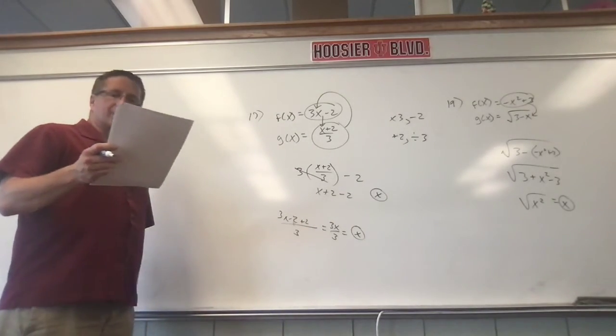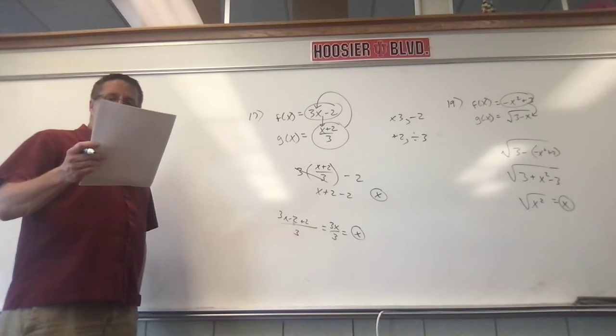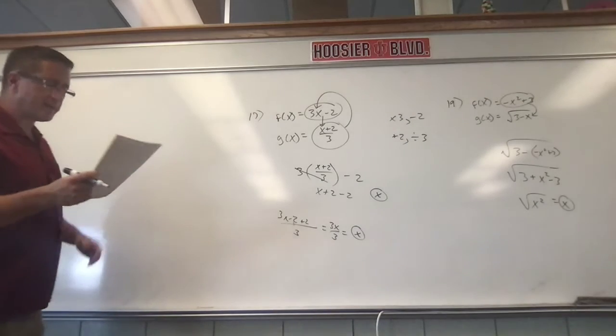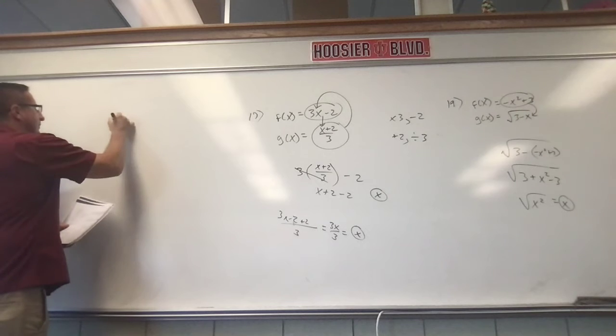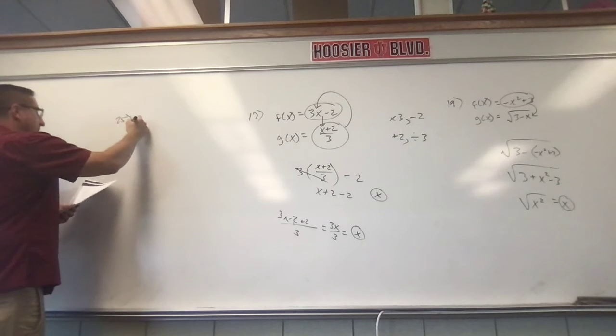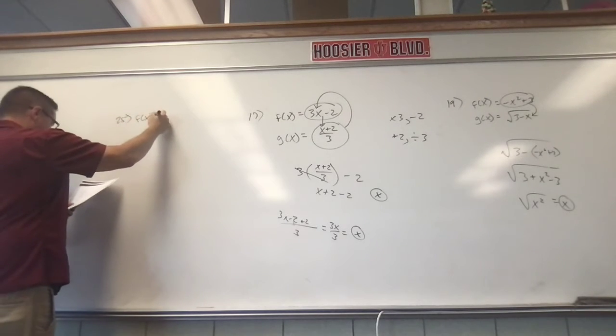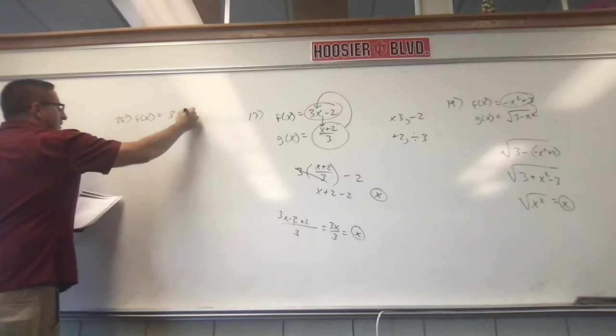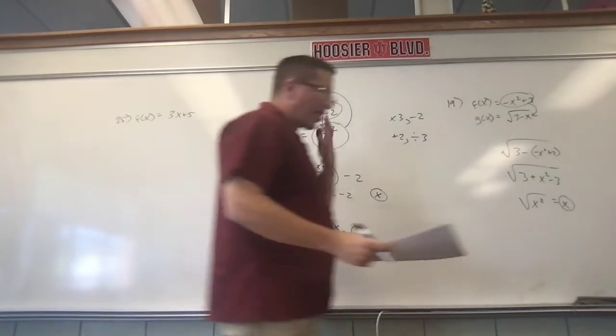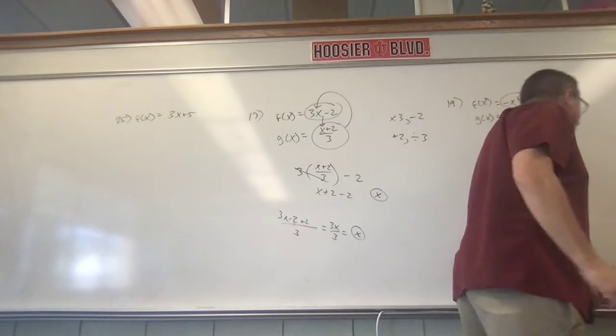Okay, cross off 21, 22, 23, and 24. We're not doing that, okay? All right, they want you to find the inverse function, okay? Find the inverse function. So, it says f of x equals 3x plus 5. Okay, so real quick here, let's make sure we haven't forgotten how to do this. If I give you this right here,